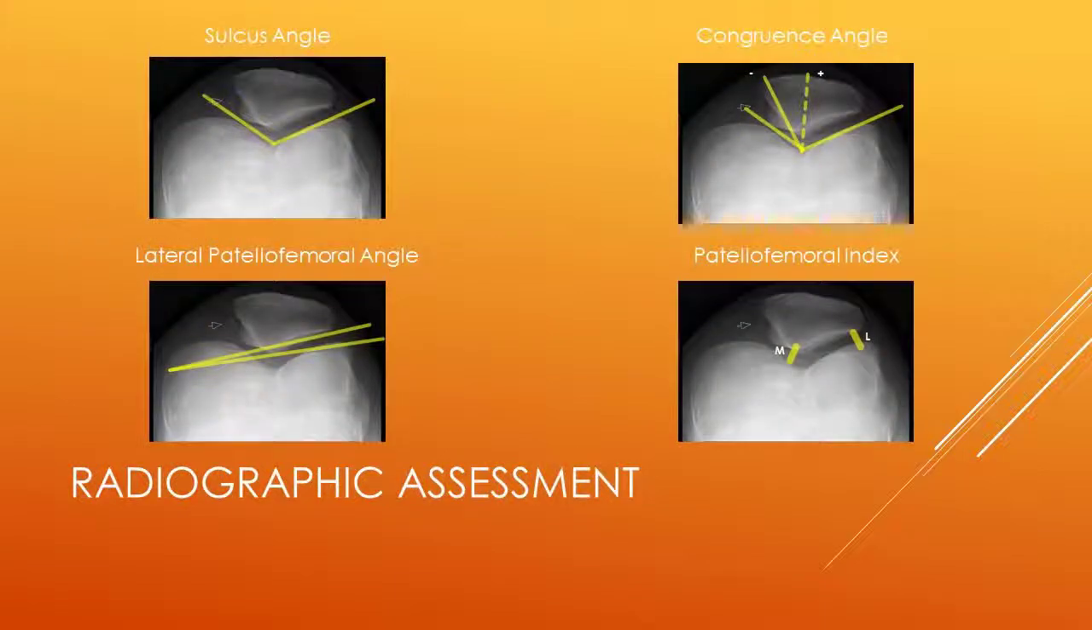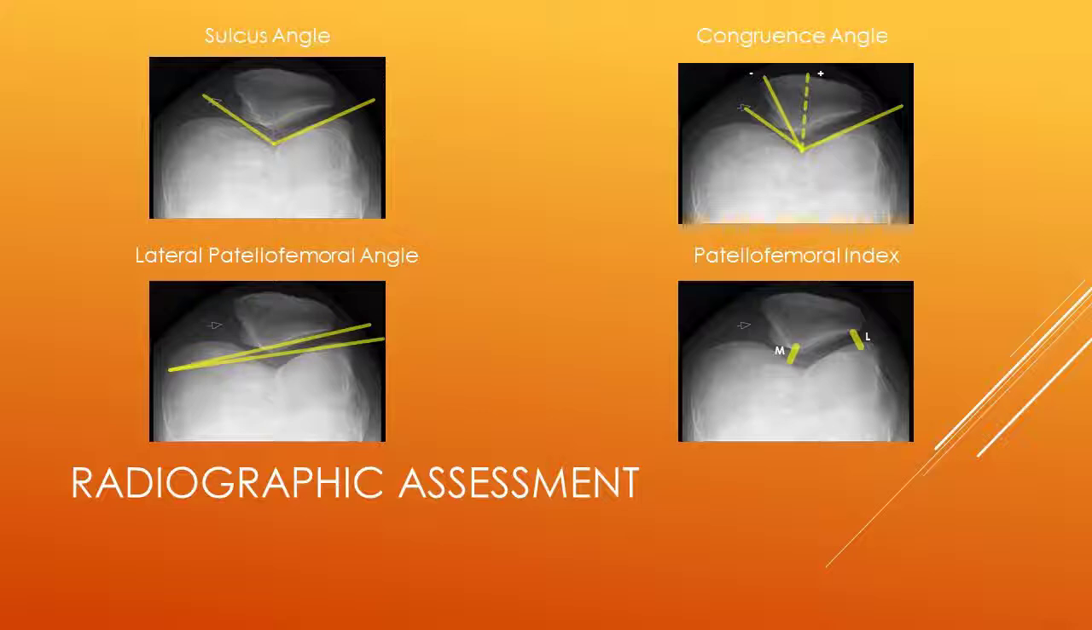A radiographic assessment will be used to ascertain the stability of the patella with respect to the trochlea. We will use different views such as sunrise and sunset. This determines the depth of the trochlear groove, the patellar tilt, and the patella subluxation. Measures that we will look at include 4 different things: the sulcus angle, the congruence angle, the lateral patellofemoral angle,